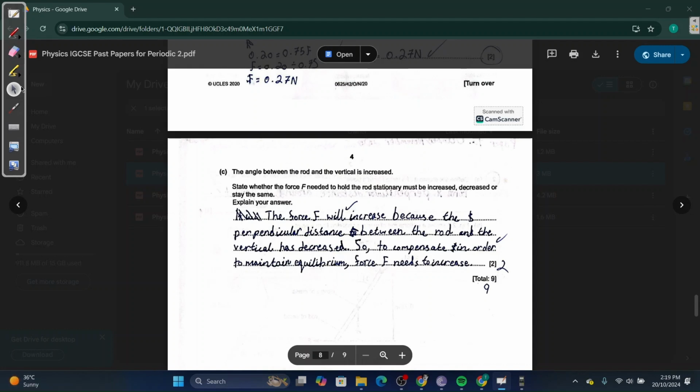You want to still balance out the angle decreased, so the distance decreased along with it, and you know that the moment is, for example, let's just take it as our distance 0.5 times, let's say, a force of 20 newtons, right? Let's say this was halved, so half of 0.5 would be 0.25